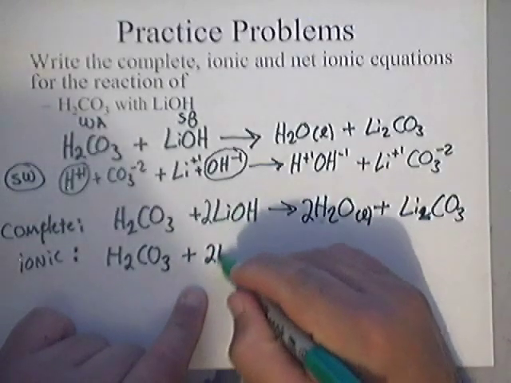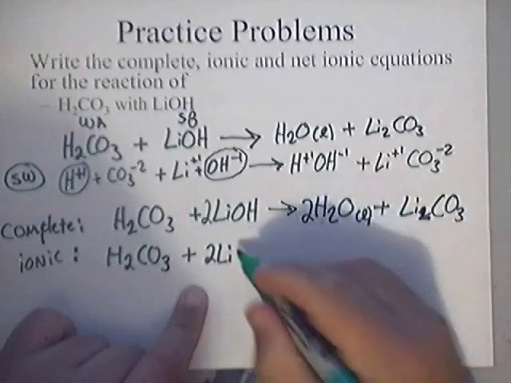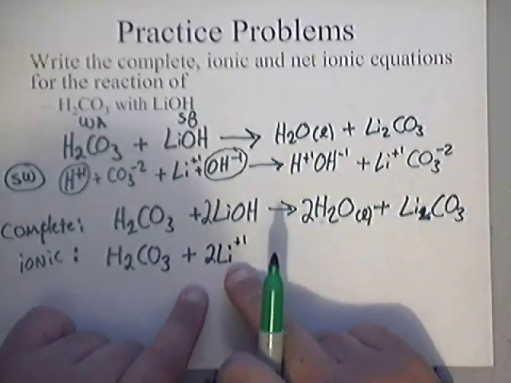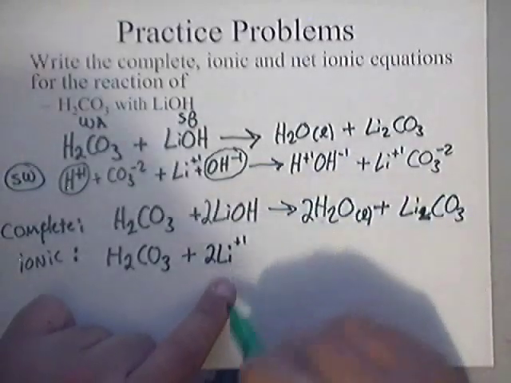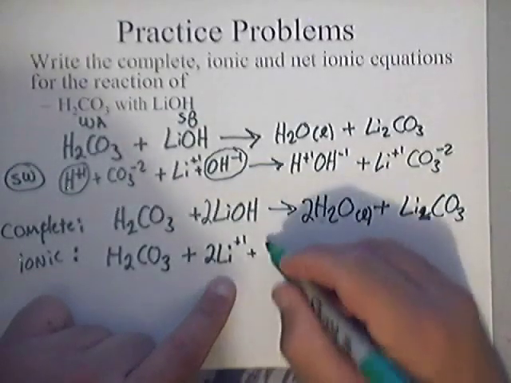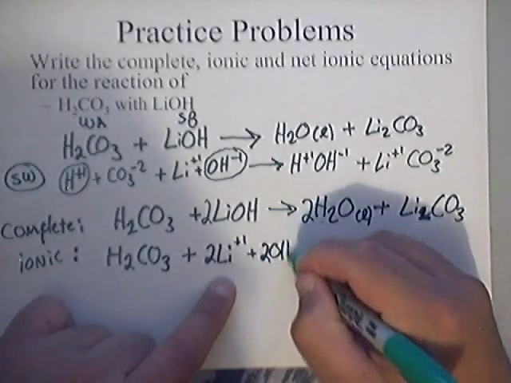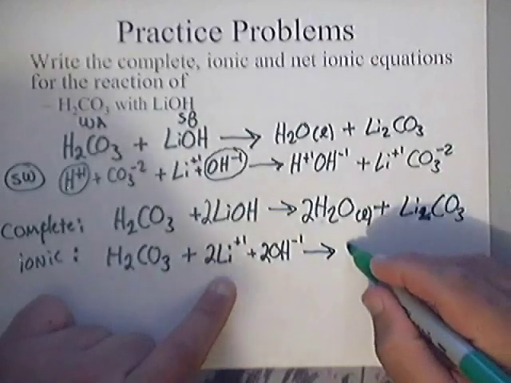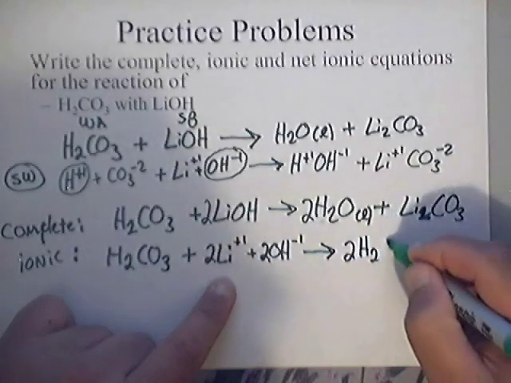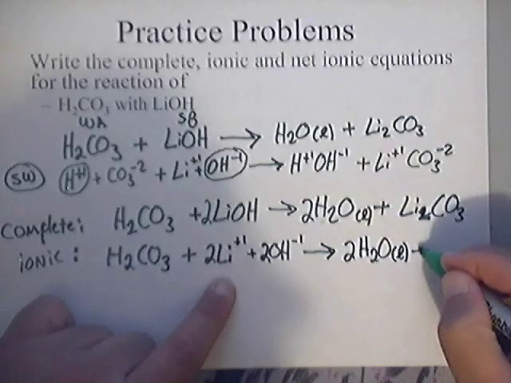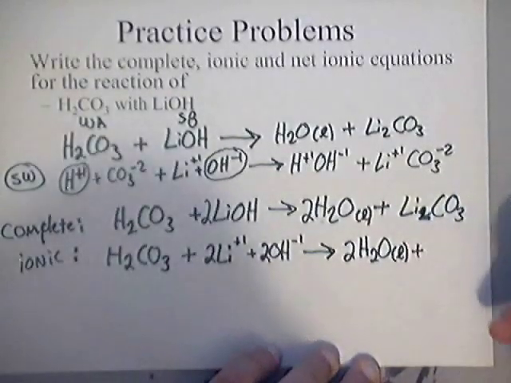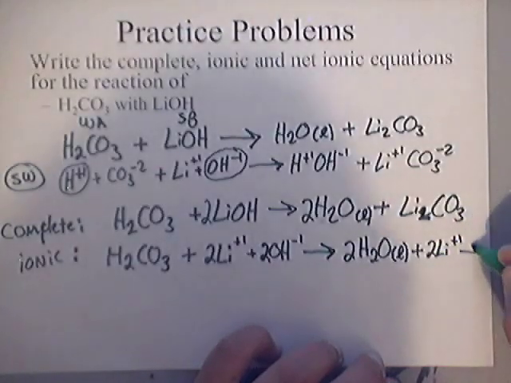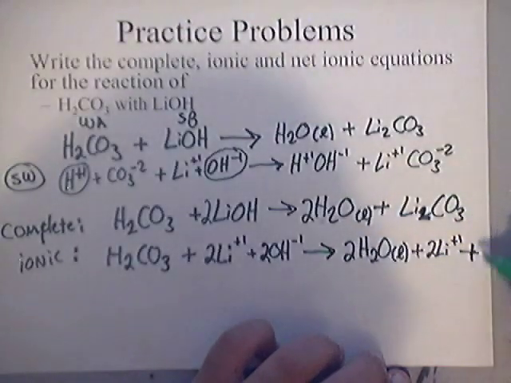So you've got two lithiums here, but remember, lithium is a +1 charge, so make sure you write that down. And for all those that are listening, remember that this is aqueous. Okay? And then plus, there's two OHs, so you write down 2 OH, but what's the charge on OH? It's -1. Yields, we've got two waters here, so that's 2H2O. Notice I did not break down the water. Plus, and this lithium carbonate is actually soluble as well, and that's 2 Li+1s, and, running out of room, and